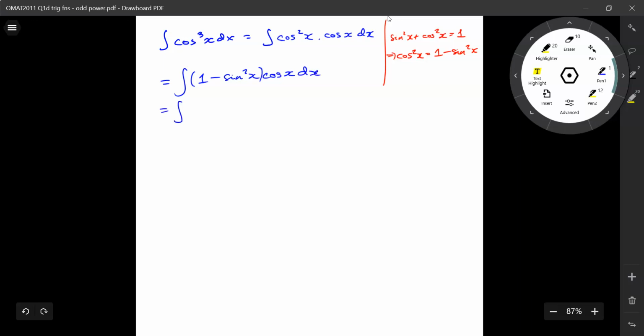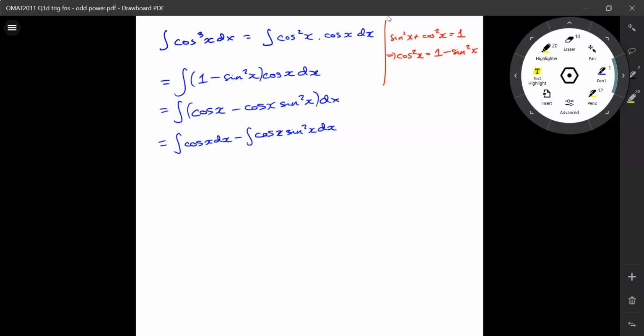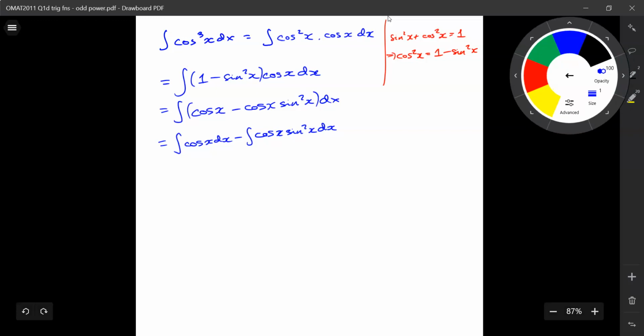And here I'll multiply it out as cosine x minus cosine x times sine squared x dx, and then I'll split it into 2 separate integrals. It's the integral of cosine x dx minus the integral of cosine x times the sine squared of x dx. Okay, so we have 2 separate integrals here, and then you can see here, once again, we can ask ourselves